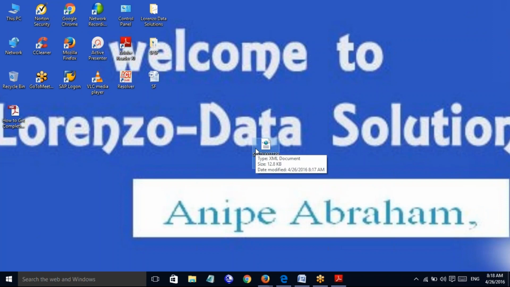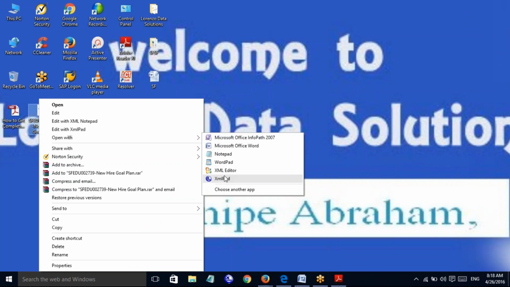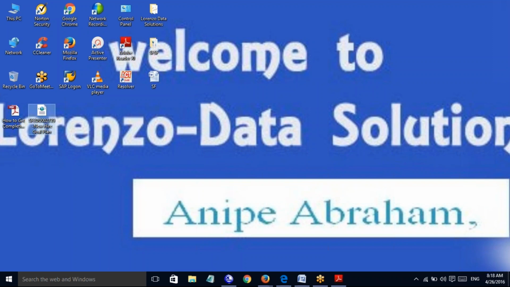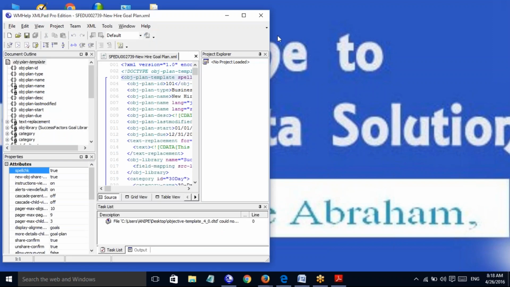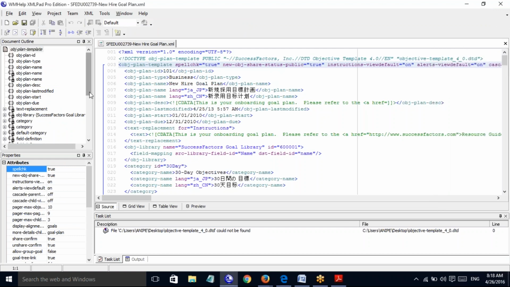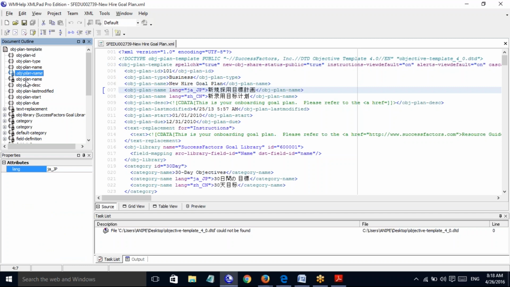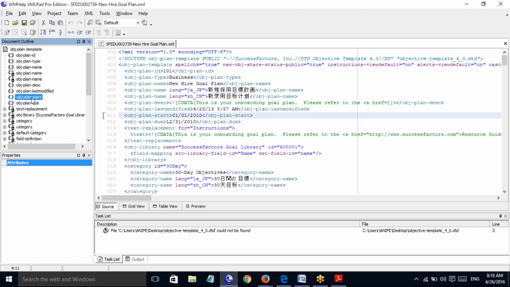Right. Let me open this. Look at everything here very carefully. It is the same as it is in your instance, the same way which I've seen. And you can see the object plan ID, object plan type, object plan name, and description, last modified, start date,